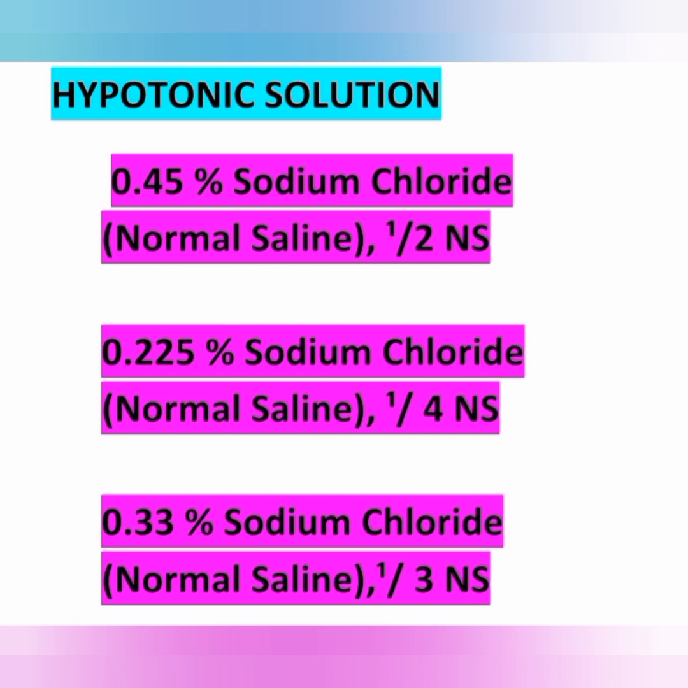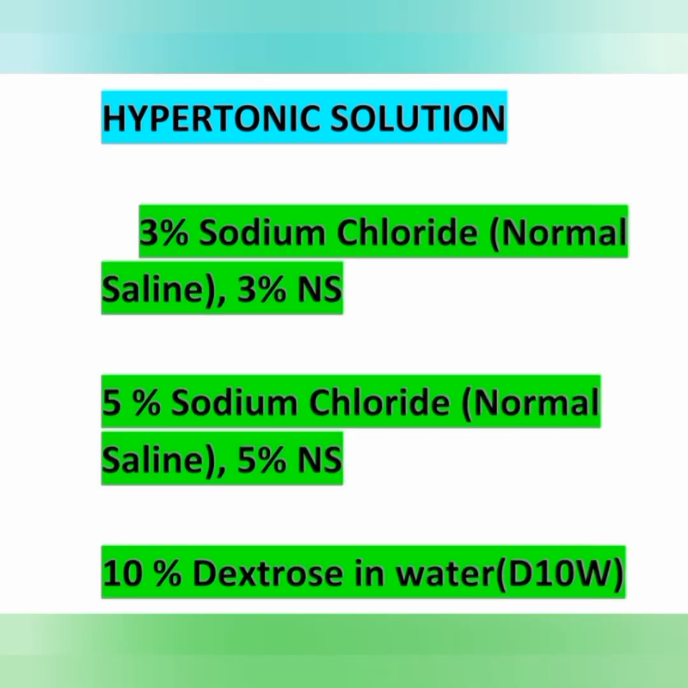And next is hypertonic solutions. Hypertonic solutions are more concentrated solutions and have higher osmolarity than body fluids. Examples include 3% sodium chloride or 5% sodium chloride, 10% dextrose in water,